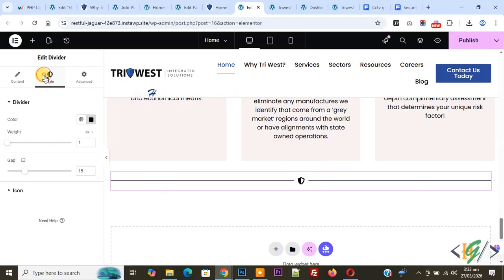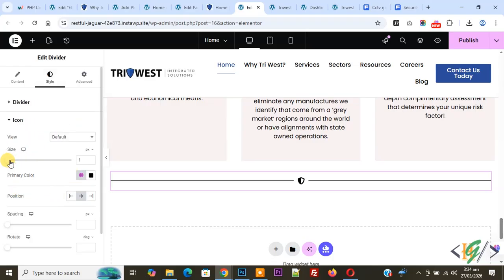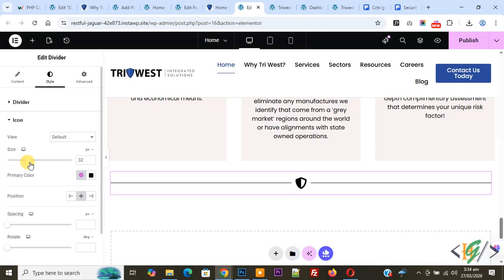Now go to style. Now you see color. Now you see gap icon. So you can increase size like this. Now you see spacing, rotate. So you can do setting according to your requirement and then click on